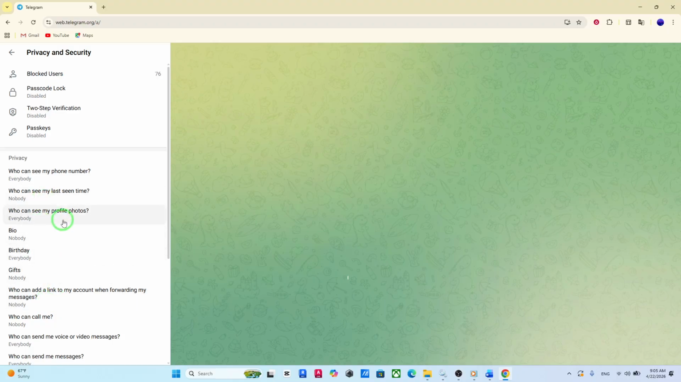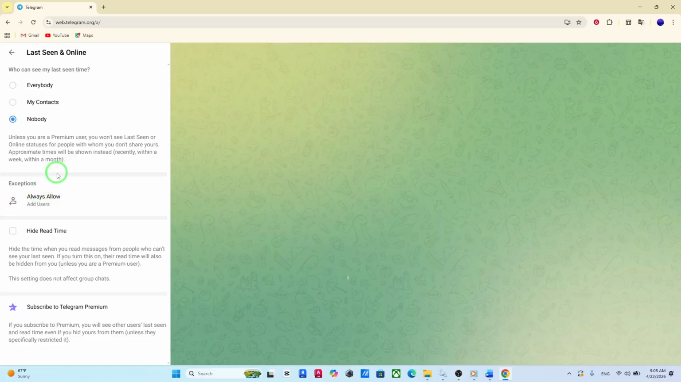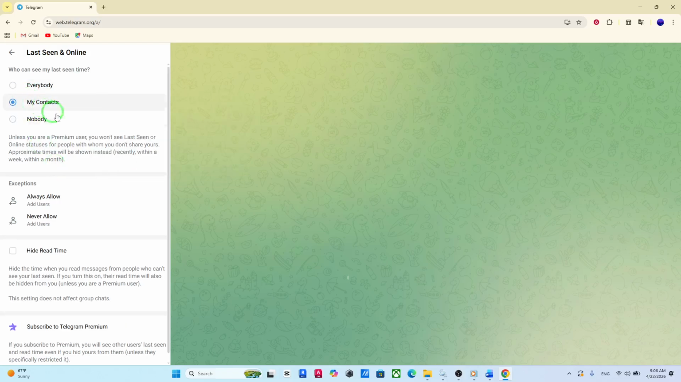Inside this section, you'll notice several visibility options. You can choose whether everyone, just your contacts, or nobody can see when you were last active on Telegram. To make your status visible only to people you know, select My Contacts. This means only those saved in your Telegram contacts list will be able to see your last seen time and